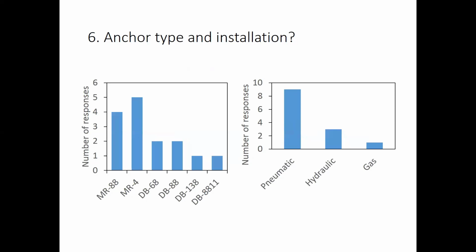Most folks are using pneumatic, basically a huge gas-operated jackhammer to pound these anchors into substrate. There's some hydraulic ones, and then there's a couple of gas. And I'm sorry to say, there's still a few people out there pounding them in with a sledgehammer. You should not have that. But anyway,